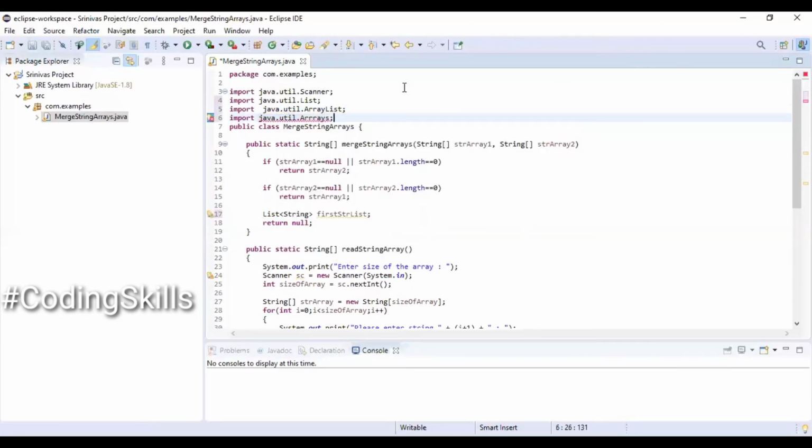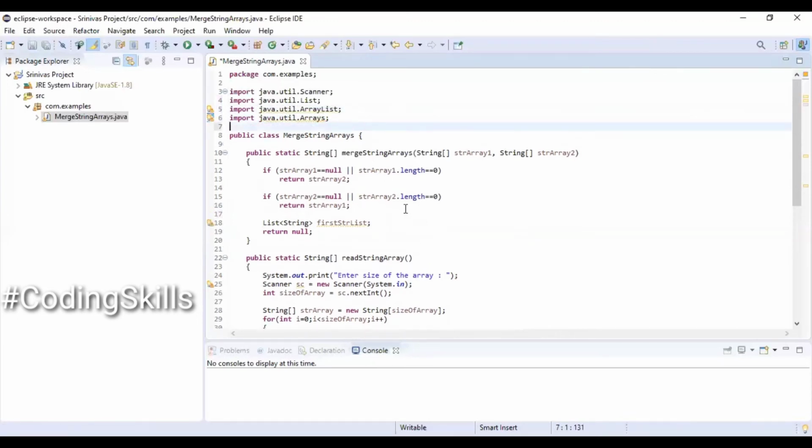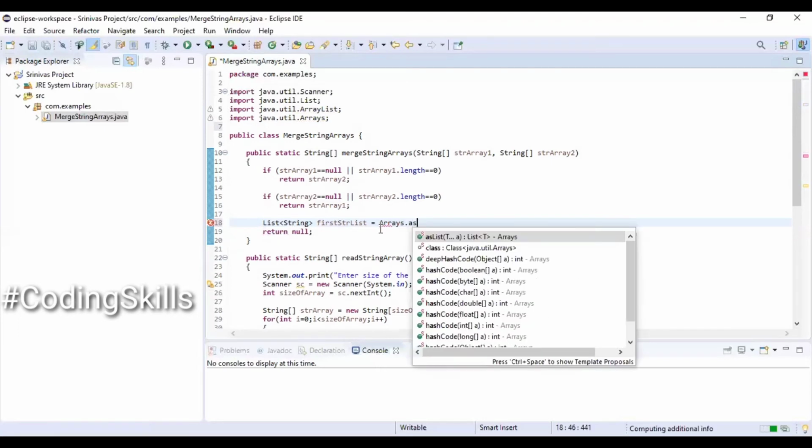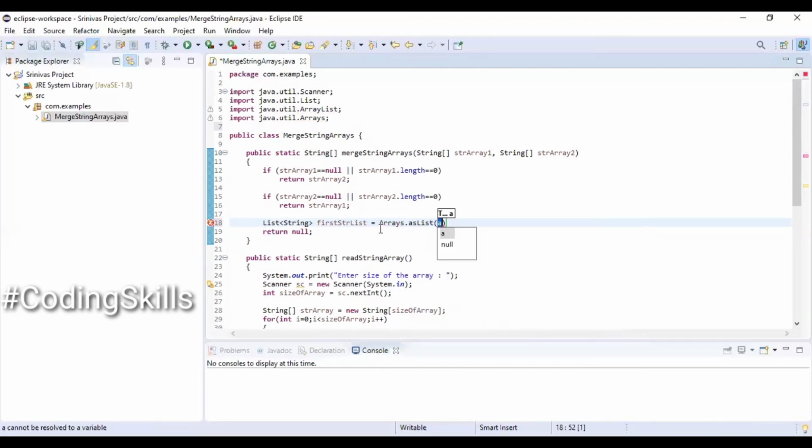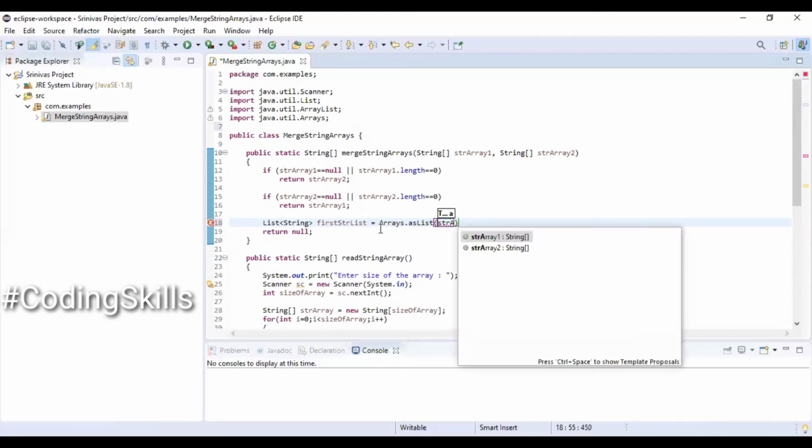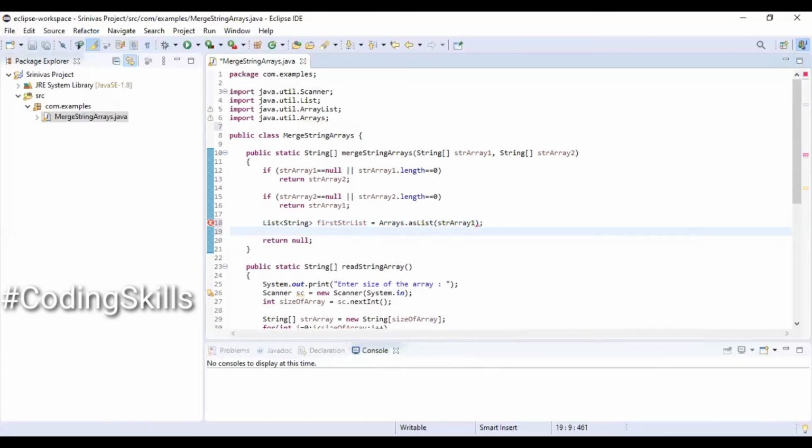Importing Arrays also from the same util package. firstStrList equal to Arrays.asList. We are going to pass the first string object strArray1. The same way, List secondStrList equal to Arrays.asList strArray2. Basically we are converting the string arrays into list objects.